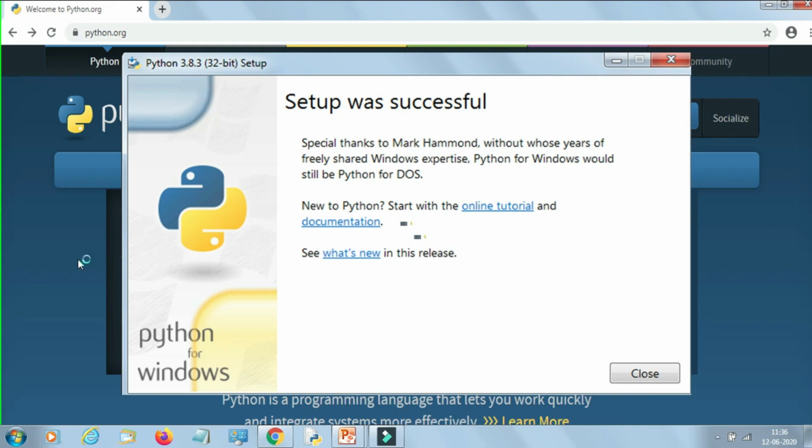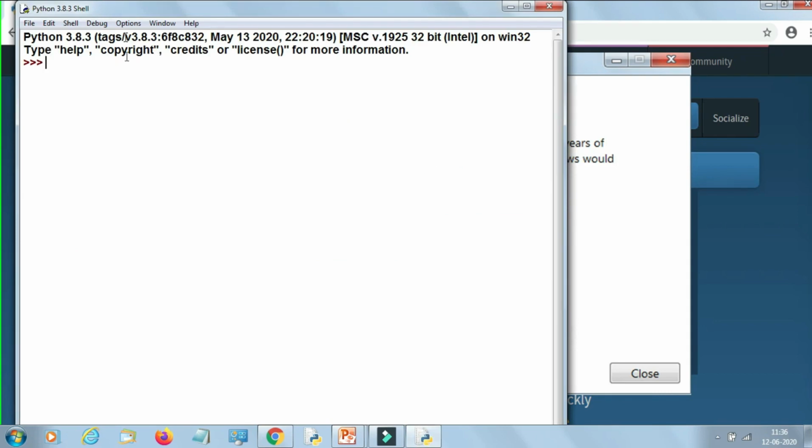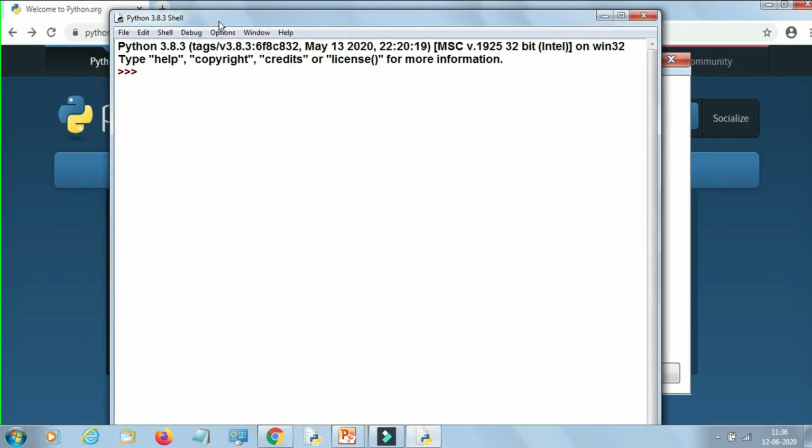It opens in the form of a window called the Python shell window, that you can see here. This is your Python 3.8.3, the latest one. Now start typing something. I'm typing simply 7. It will display, no error. 6 plus 9, that is 15, just like a calculator. 2 multiply 7, 14. Now 4 divide by 3, 1 point something, that is 1.3.